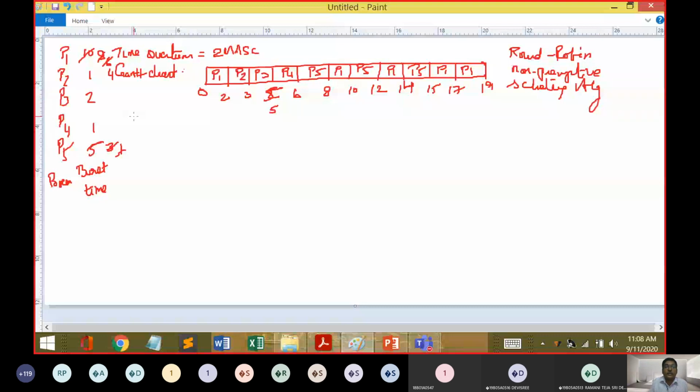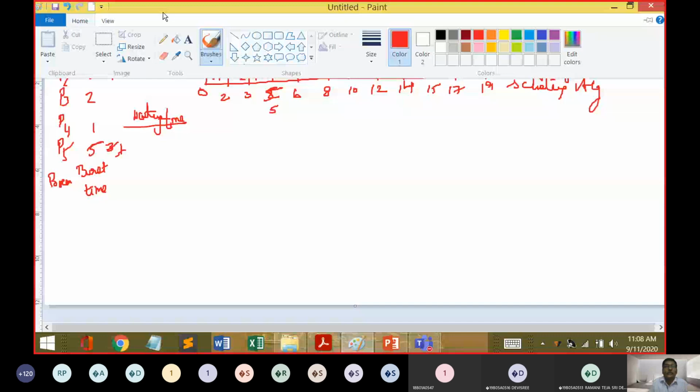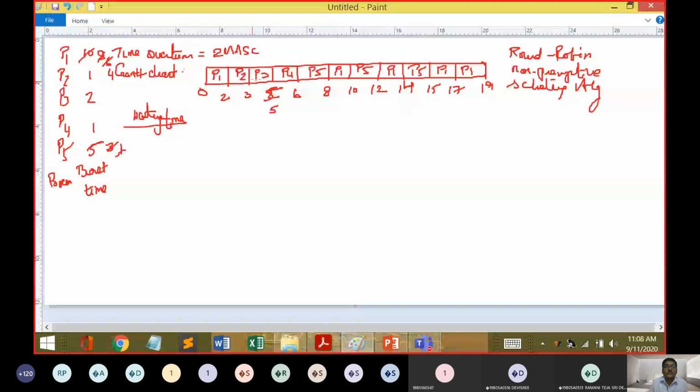Let us compute the waiting time of all the jobs. How do we compute the waiting time of a process? First we take P1, arrival time is 0, P2, again arrival time is 0. For all the jobs the arrival time is 0 only, so we subtract that at the end, up to P5. Fine.